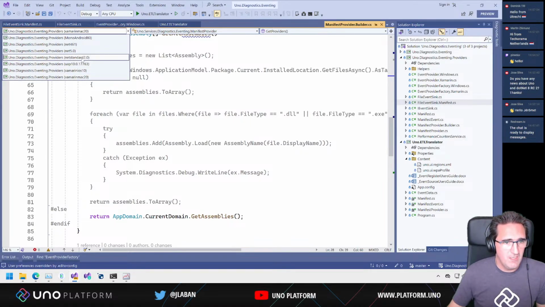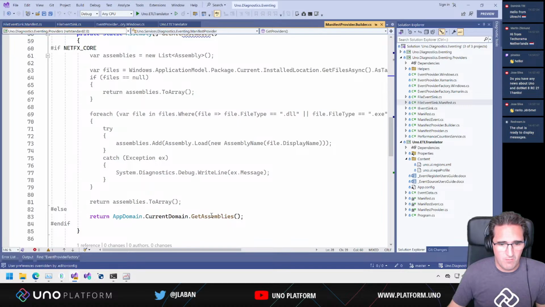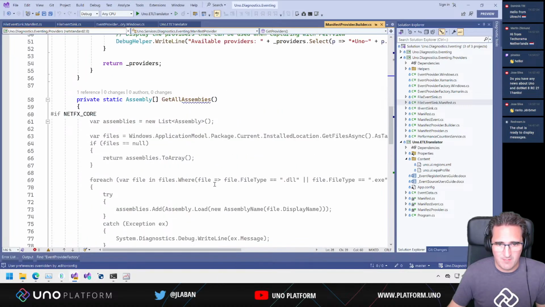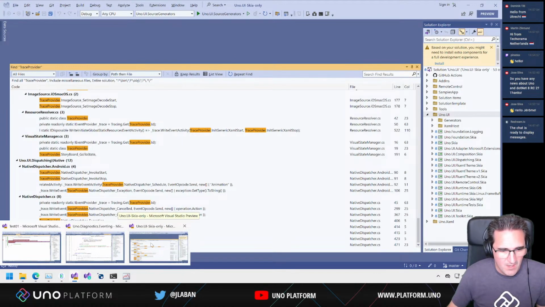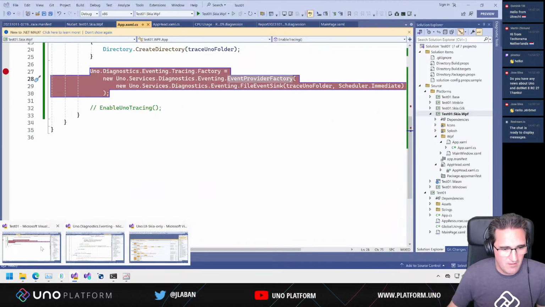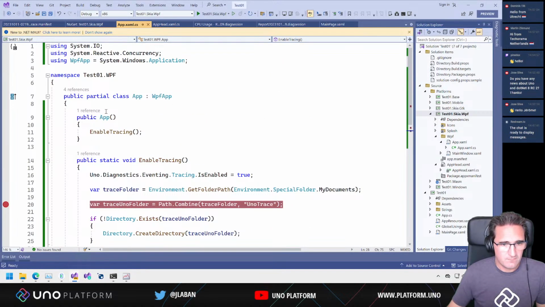So it should be, I guess, that one. So we do have get assemblies, but maybe the assemblies are not loaded. That may be one of the reasons why it doesn't happen properly. So maybe we can change the location of the startup here. So the tracing, maybe we can place it